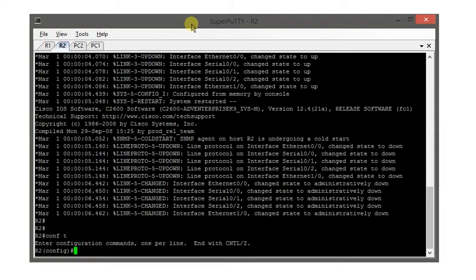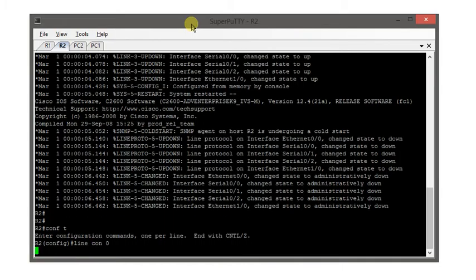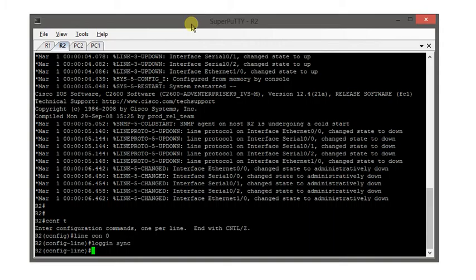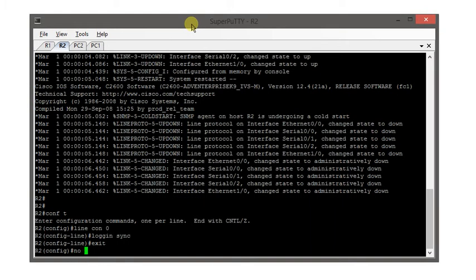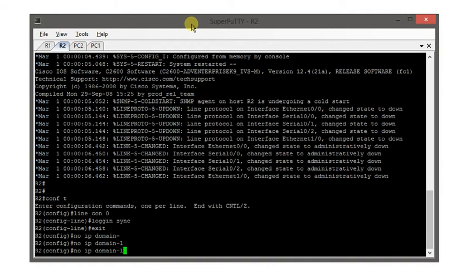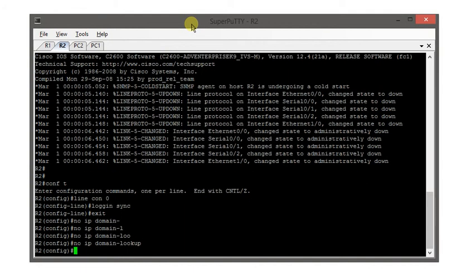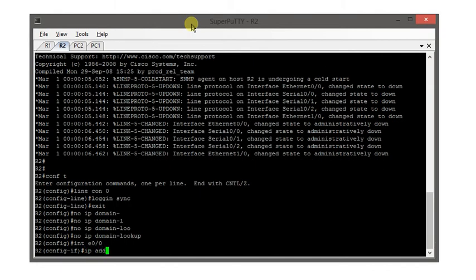So I'm not going to do the basic commands in here, but I'm going to go to line con 0, put this command and exit, the no ip domain-lookup command. Then interface e0/0, ip address 192.168